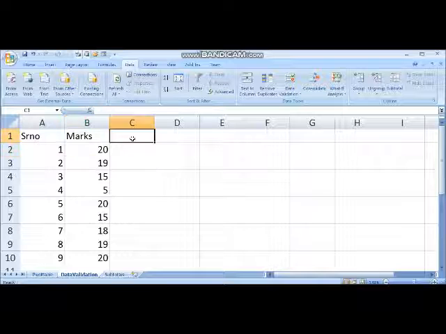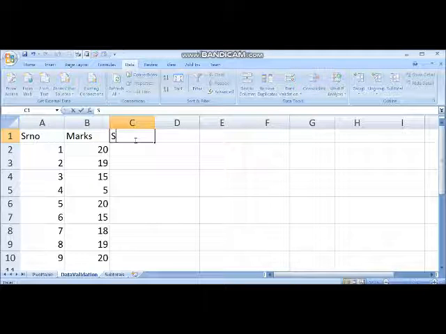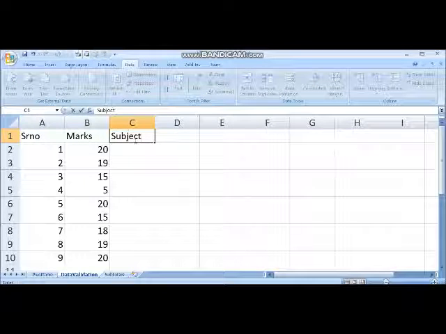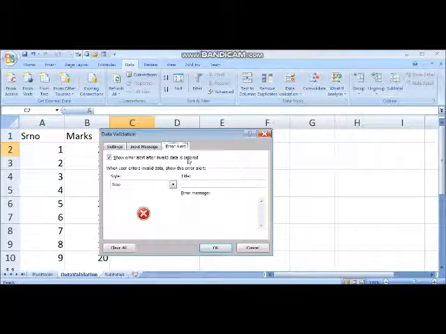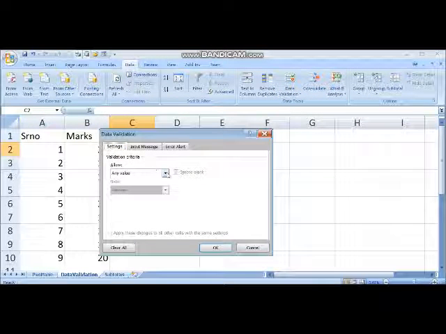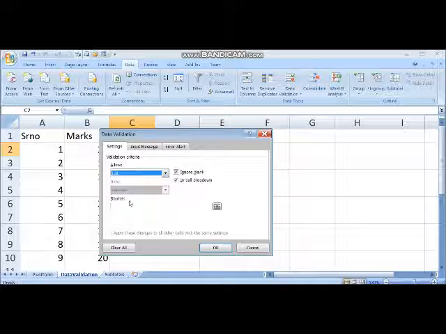One more type of data validation is there. We can create a type of list. Like I am going to write here subject. Now these marks are of a subject. I am again going to click on Data, then data validation, then settings. Here I am going to take list. And in the list,